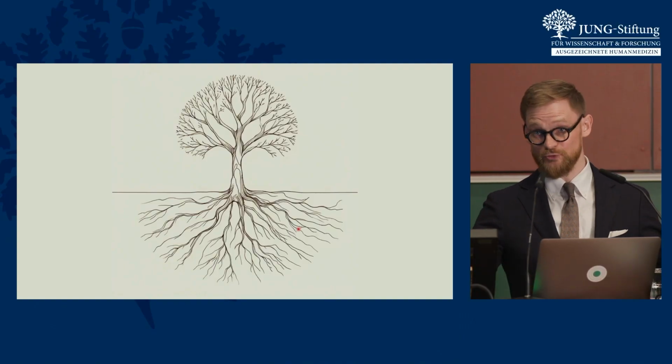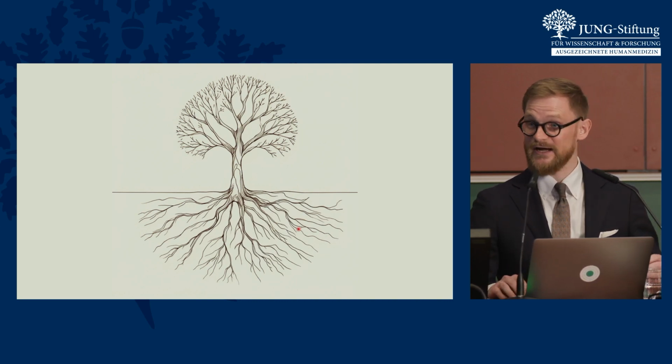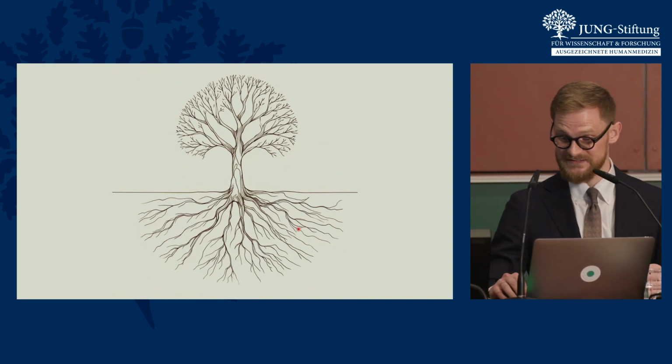All life on Earth, be it bacteria, humans, or trees, orient themselves along one fundamental law of physics, and that is gravity. So, for instance, a tree grows its roots into the soil towards gravity, and its branches and fruits up to the sky, up to the light, away from gravity.